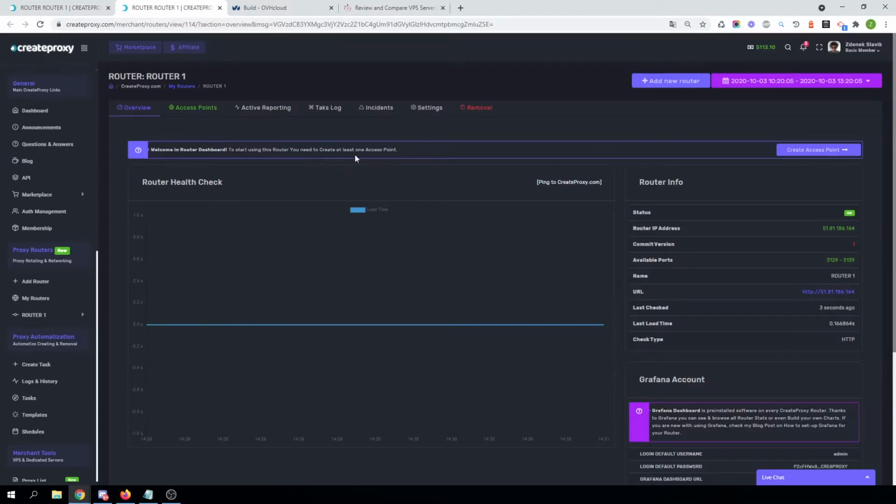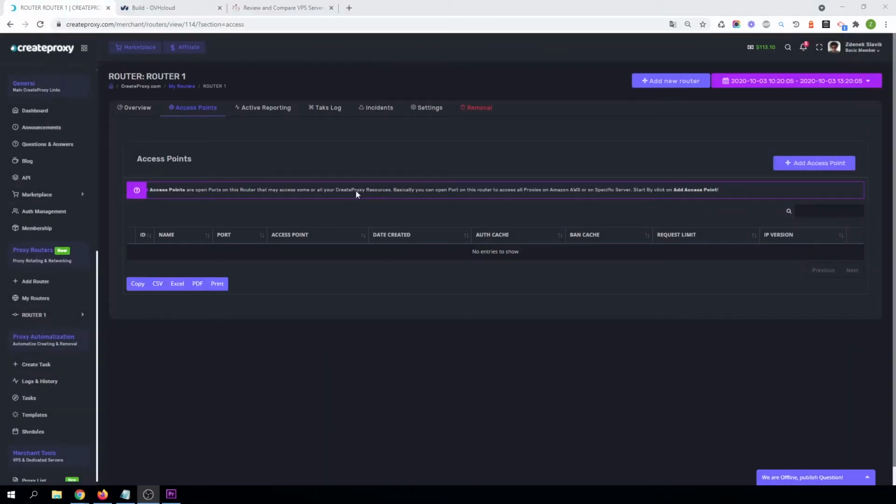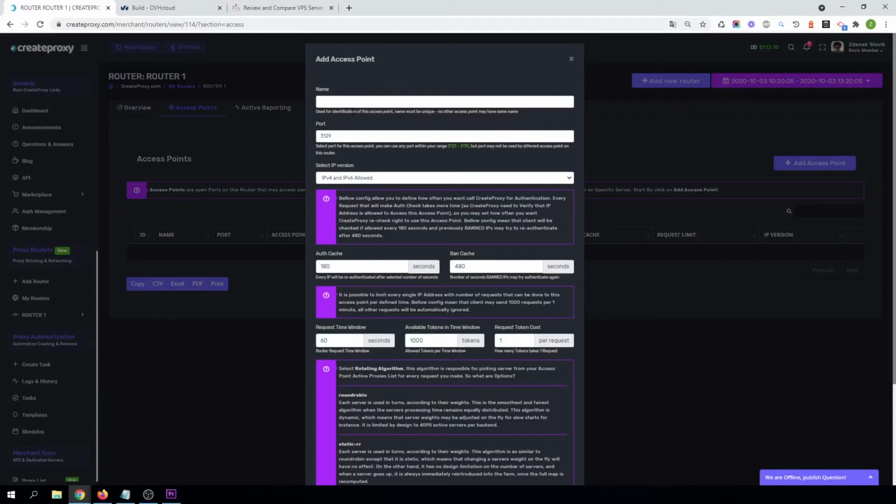To start using this router, you need to create at least one access point. So you can click on create access point here, or you can just go over to the access points. We don't have any access point yet, so there is nothing to see. So we have to click on the add access point button, and then just insert the name of the access point. I will call this access point just test, and insert the port